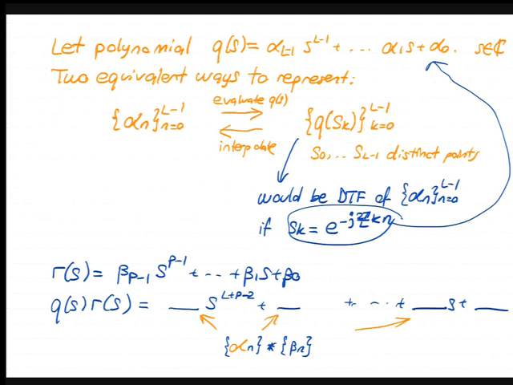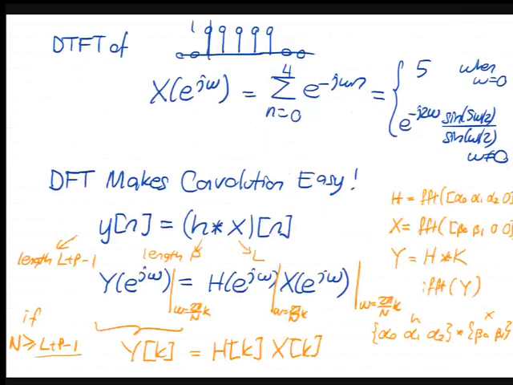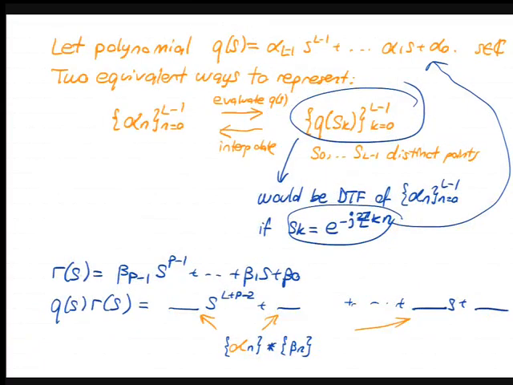If you're trying to multiply polynomials, it's a lot easier to work in this domain. You just multiply their samples, rather than doing the convolution of the coefficients, right? Just the way we found on our previous page that doing convolution in the frequency domain is easier. In this polynomial analogy, it's much easier to multiply polynomials in terms of samples than